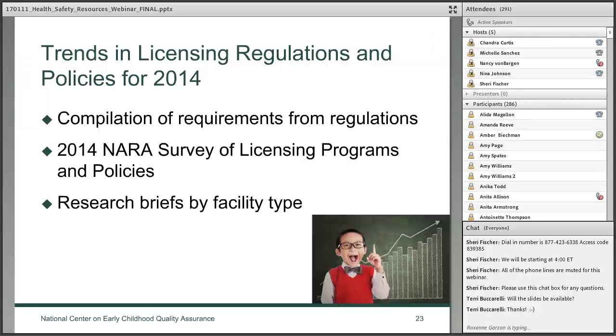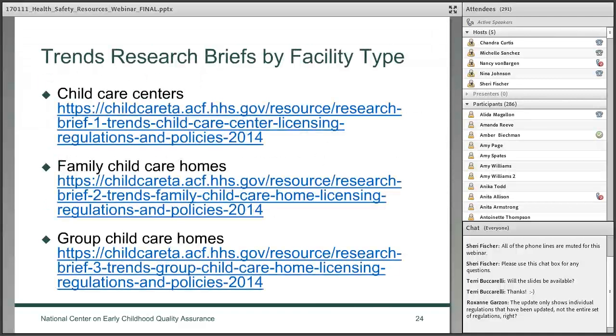And what we've done is published a set of research briefs, one by each type of facility, that includes a look at how many states have requirements in certain areas. The topics covered include supervision of children, ratios and group size, health requirements, staff qualifications and training, and many, many licensing policies like frequency of inspections, qualifications for licensing staff, and enforcement tools.